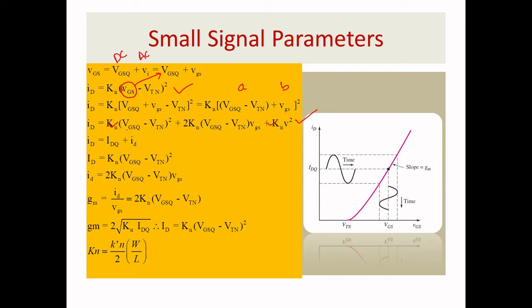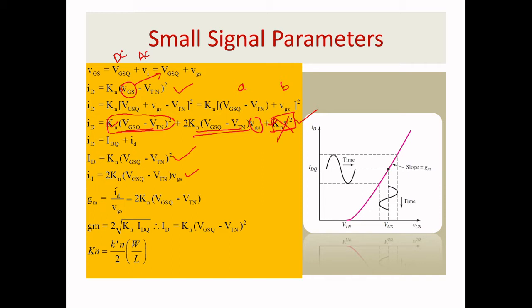Now I want to separate what is the DC component and what is the AC component. This will be the DC component. You can see all are DC values. So I'm writing IDQ, that is the DC component, is nothing but Kn (VGSQ minus VTN) whole square. Then you can see this is the AC parameter, so this will be the AC value. Your AC component id equals 2Kn (VGSQ minus VTN) vgs. This will be harmonics, so I can remove it from the further